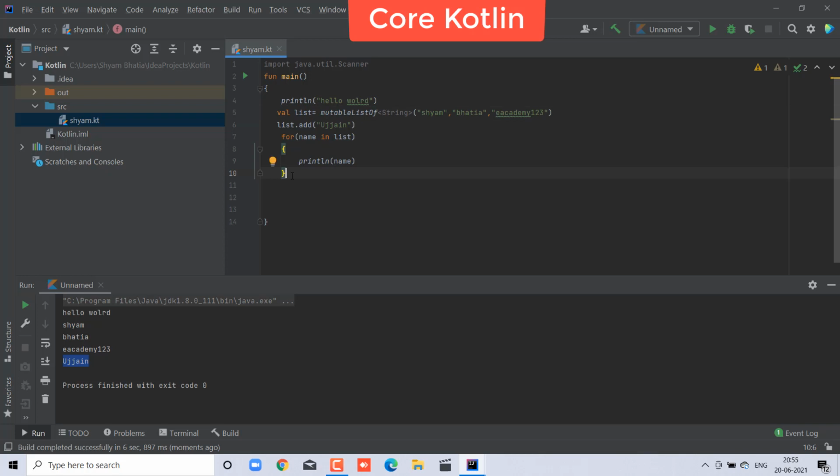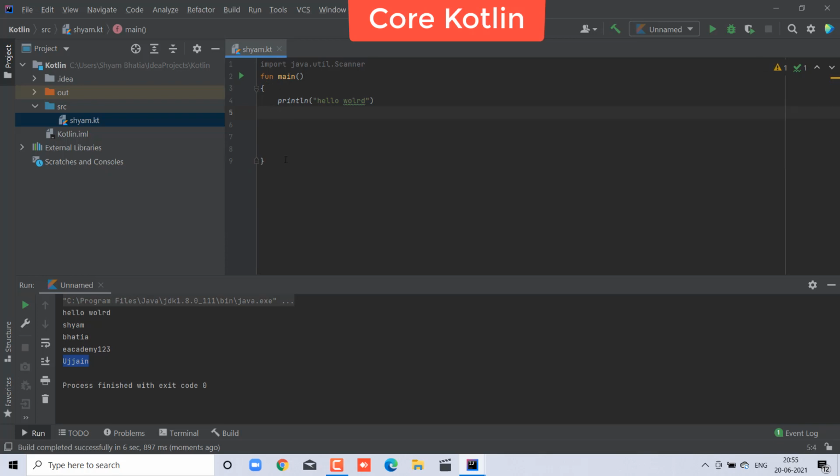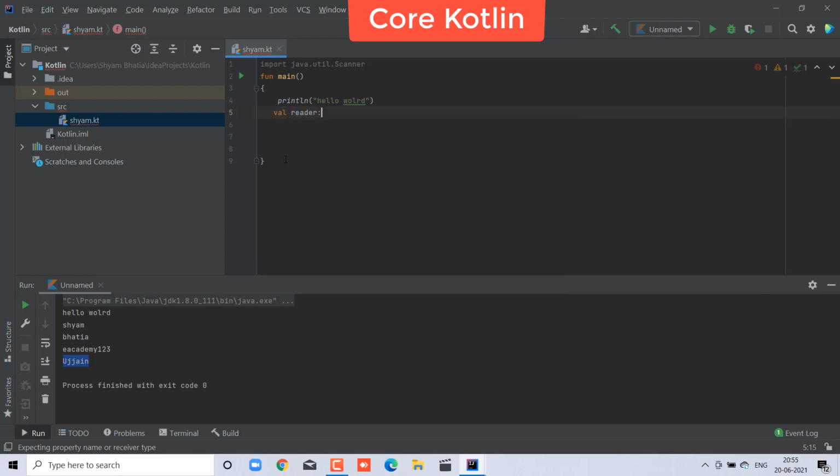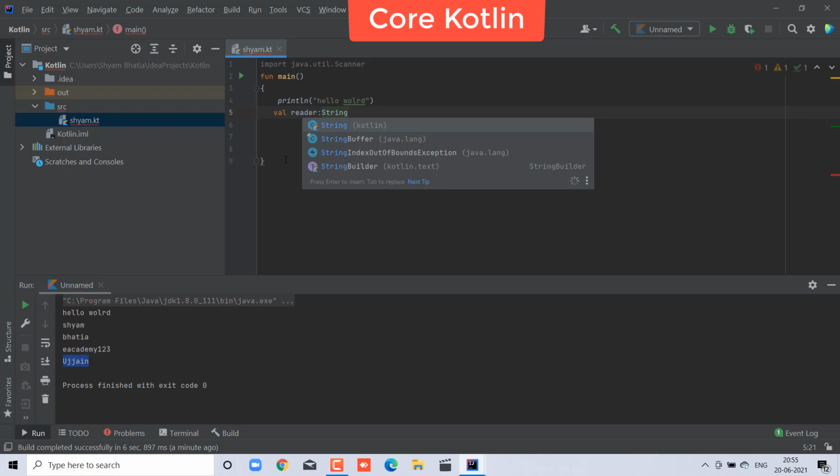And now we will take user defined input as a string. So remove it, and here the same thing. So here you will create a reader, like the one which we created in the integer case.